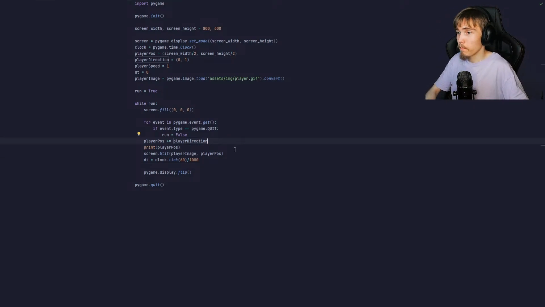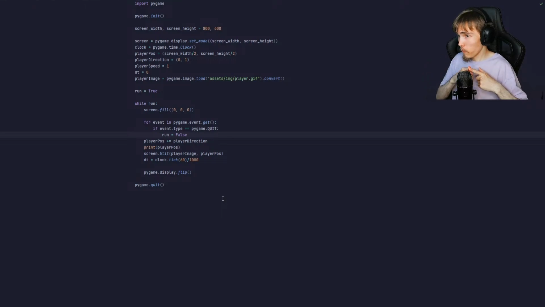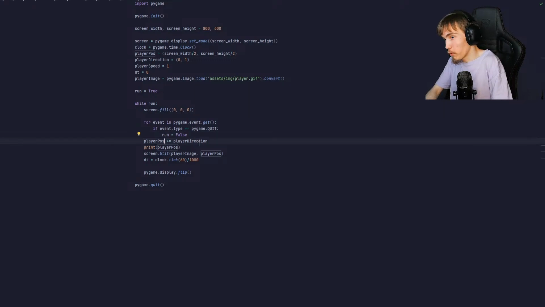Now I get it. And if I do that, it doesn't actually add them together. It's instead like, hey, this ain't gonna work. So player pos dot, no, we're gonna have to do player pos